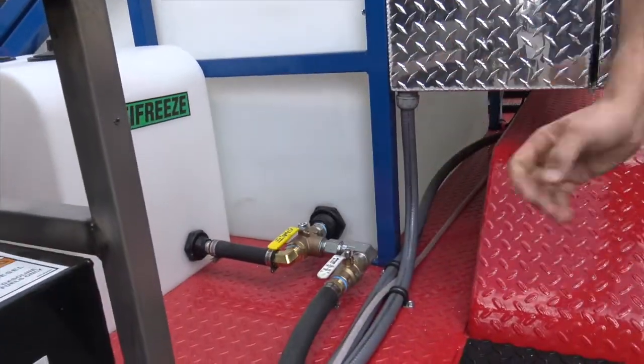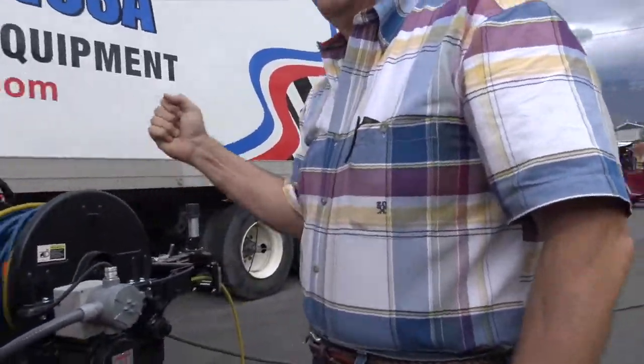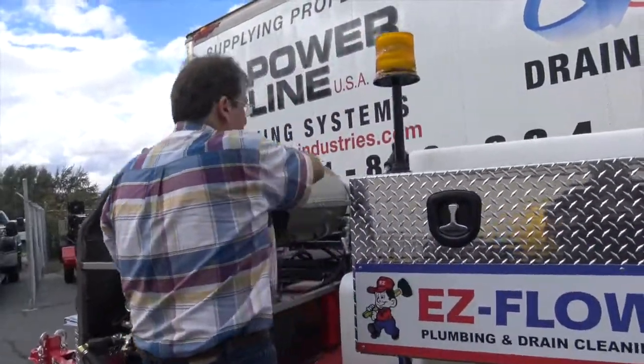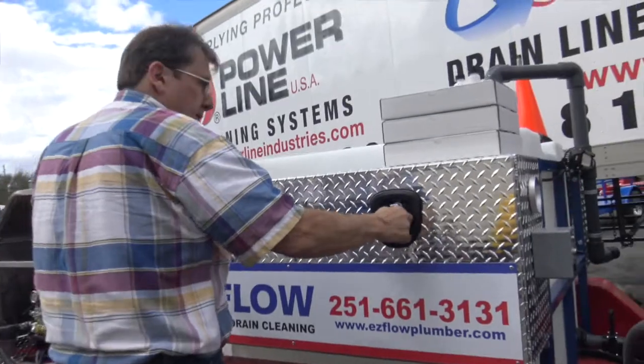And then back here, we shut off the easy flow valve, and then that antifreezes the line from the relief valve up to the tank. Sounds complicated, but we'll show you. It's pretty easy. Now inside of here,